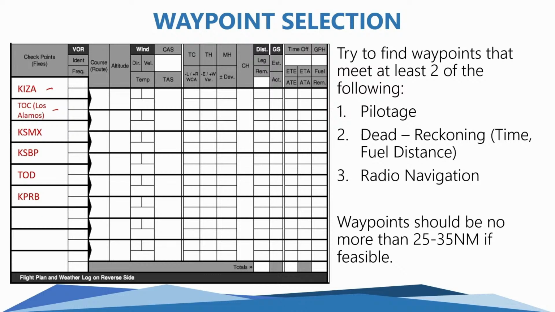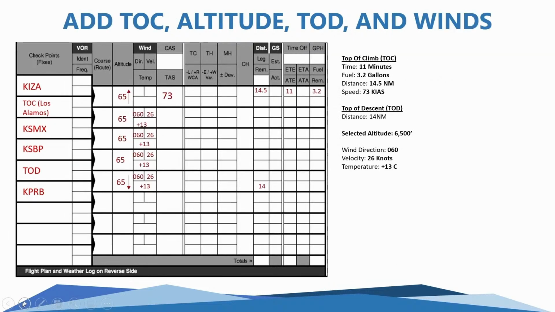So that's going to be one of our checkpoints. We've got Santa Maria Airport, San Luis Obispo Airport, our top of descent, which doesn't really fall anywhere unique. It's just going to be a certain distance away from the airport. And then we have our final destination of Paso Robles. Okay. Now that we have our checkpoints written down, we can also start pre-populating the information that we learned a